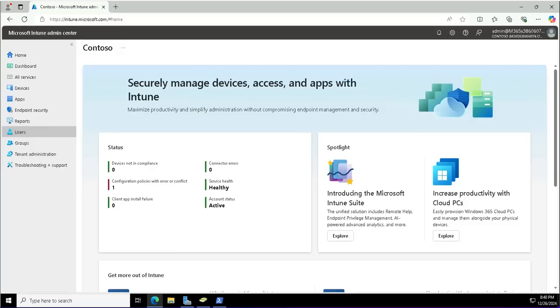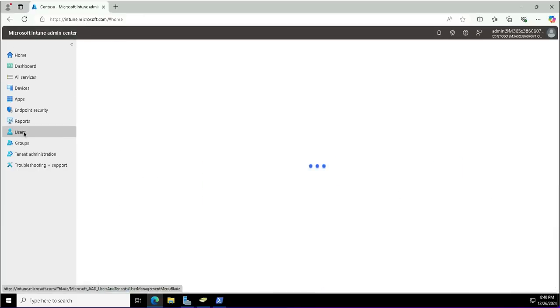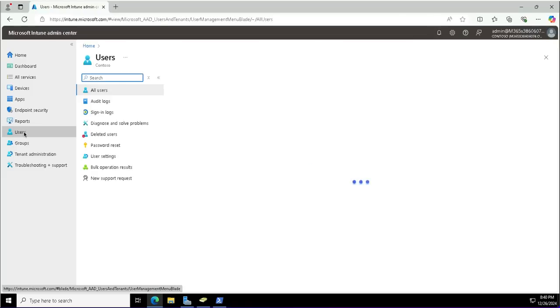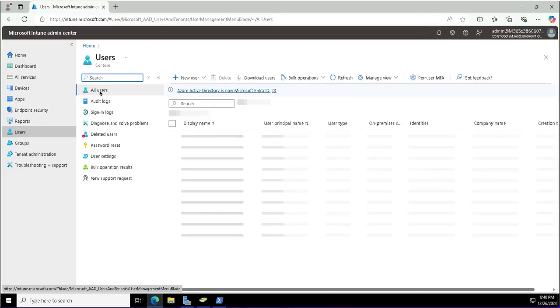To monitor the activities, I'll go to the Intune admin center. The Intune portal is intune.microsoft.com. We'll go to the users blade. From the users blade, I can monitor all the users that I have, and if I want to check their audit